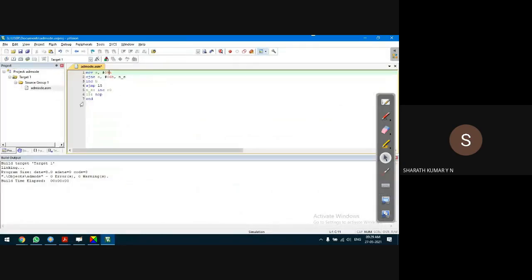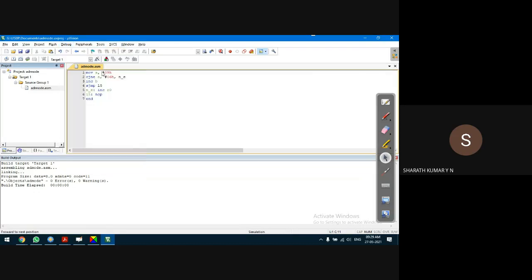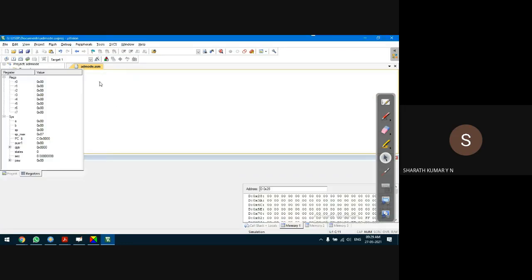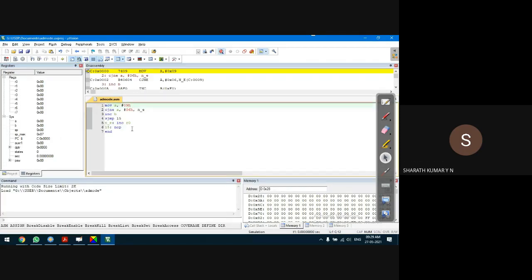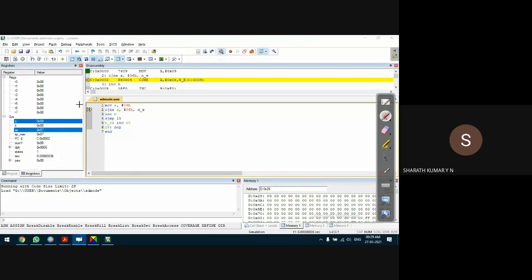It's ready to run. I have modified the code. I'll save the program, check for syntax errors, build the target, and start the debug session to convert the assembly code into operational codes. Here we go. F11 on my keyboard. I'm taking some data now, 09H. So 09 is copied into the accumulator. Next is whether A is equal to 06H.